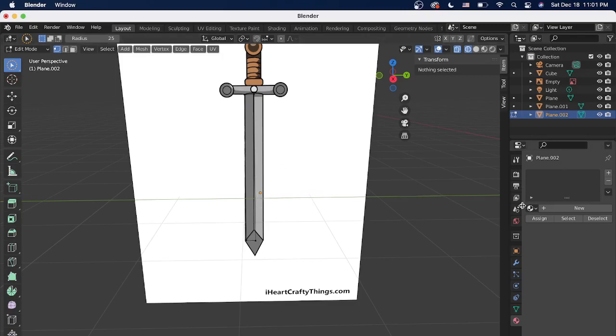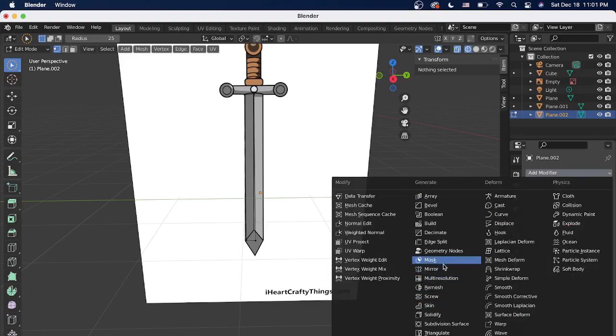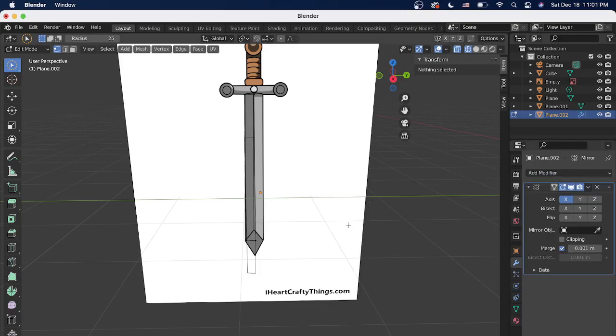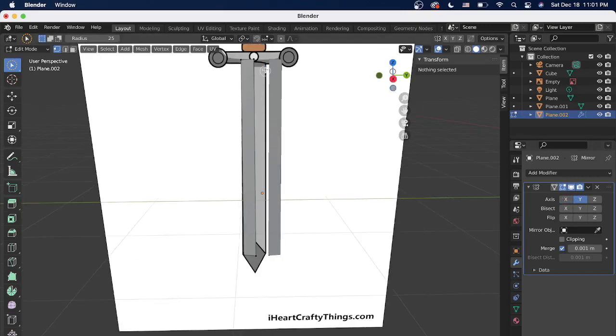And now I'm going to mirror it. That's a modifier that you can find inside the tools right here. And then I'm going to bring it back to solid mode so you can see it easier. But I want to mirror it on the y-axis. Okay, so now we see that this is mirrored on the y-axis,